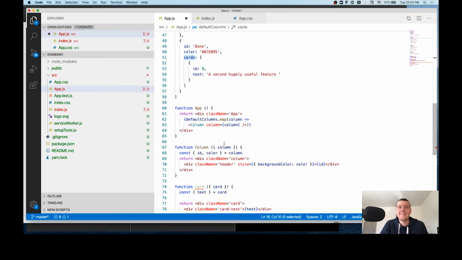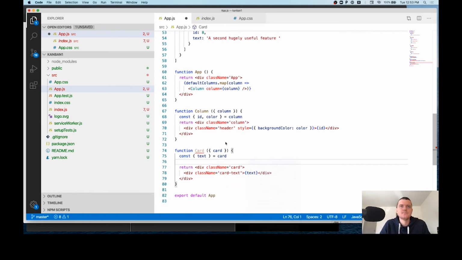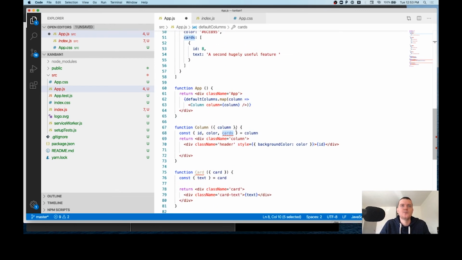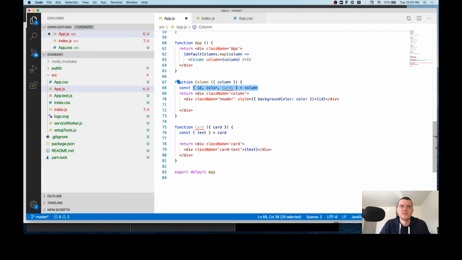But now we need to get that and render the card component. So it's going to be very similar to what we did with column. So inside of column, we're just going to map. So first of all, we're going to pull cards out of the column. So each column has an array of cards which we can extract by using this destructuring syntax. And then we're using the syntax again that says evaluate this JavaScript expression and embed the result inside of the JSX,